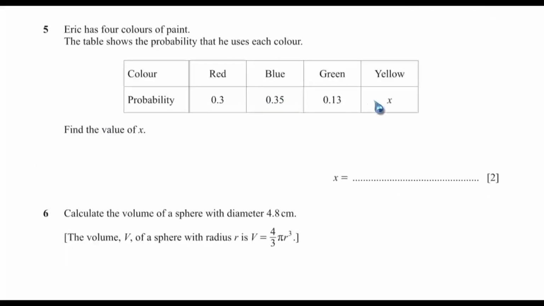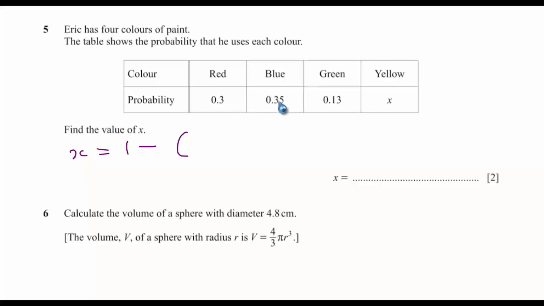We know that the probabilities must add up to 1. So you can easily get the value of X when you subtract the sum of 0.3, 0.35, 0.13 from 1. So that will give you the value of X. So X will be equal to 1 subtract